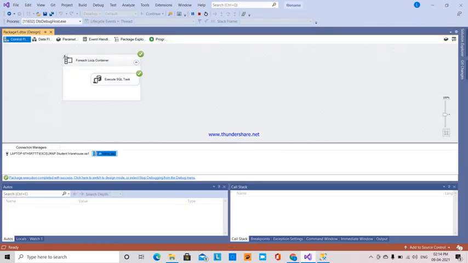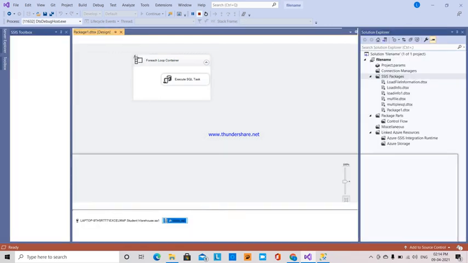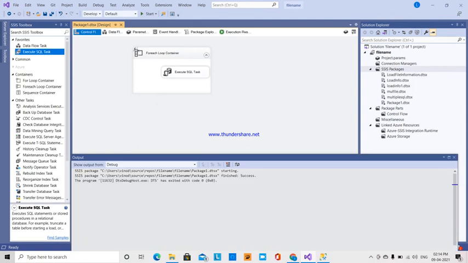We have seen how the connection string and the file connection manager are done. In this video I have explained how multiple SQL files are executed one by one through the Foreach Loop Container.